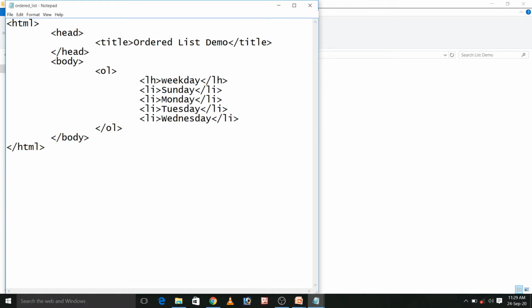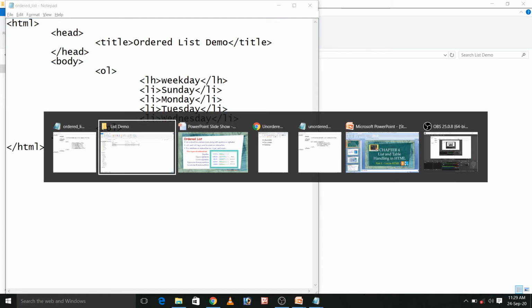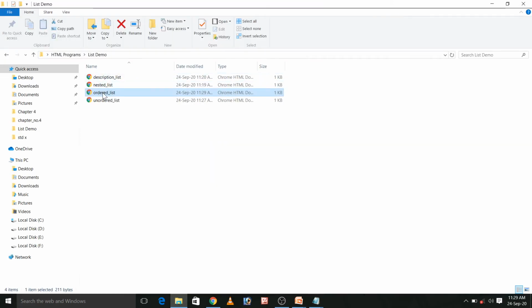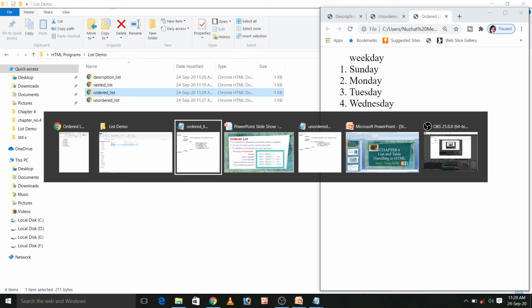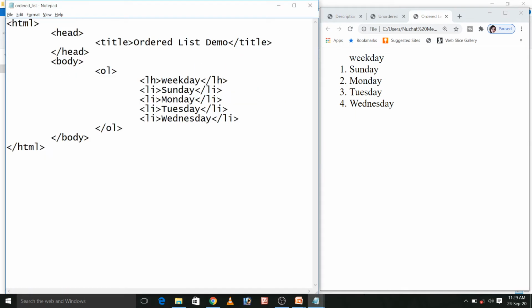I have written the names of the first 4 weekdays. The rest you have to do. To see the output, double click on this file. Yes. Here the default type is number.